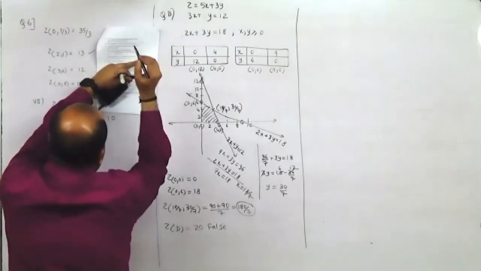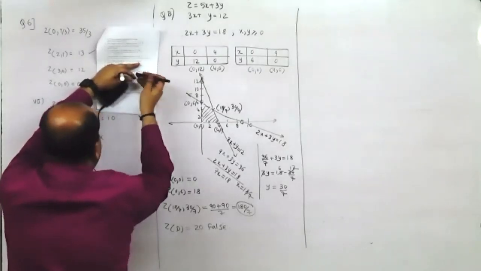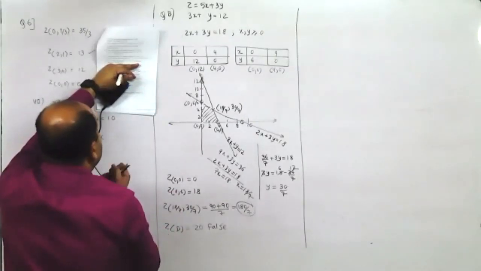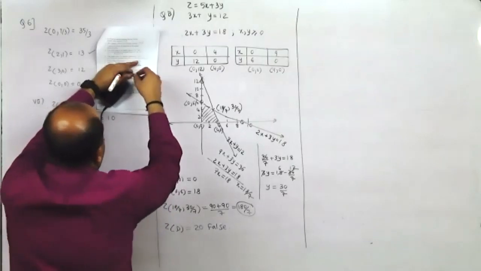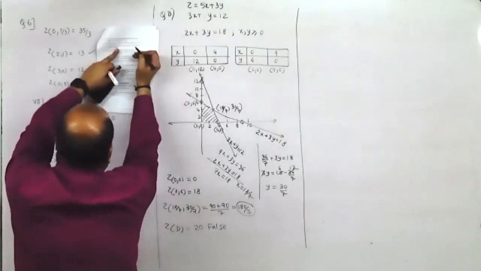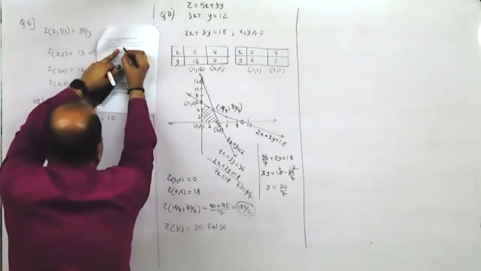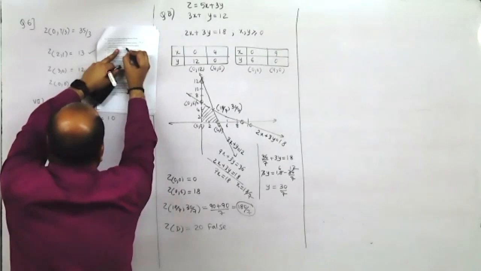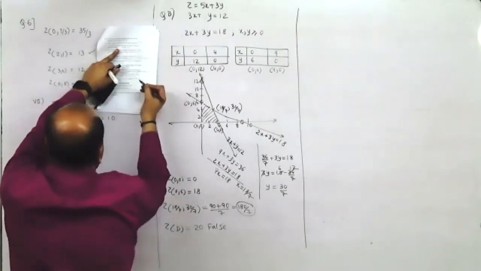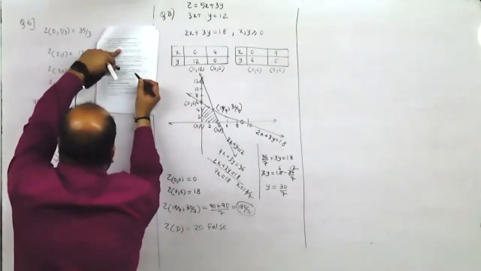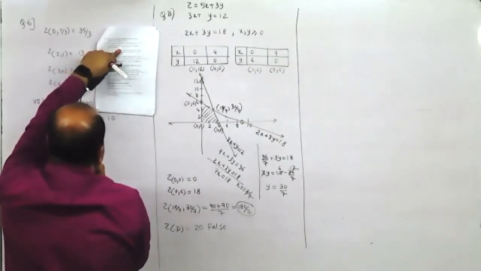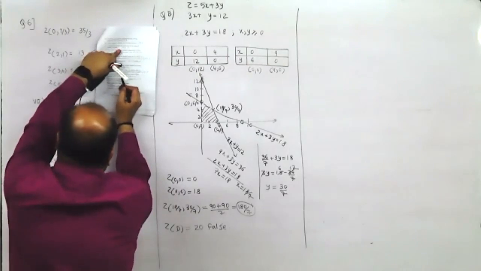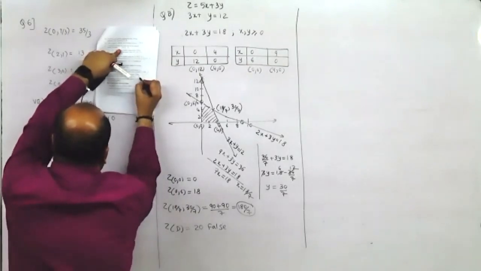Yes. So even here, a convex set includes the point, but not the segment. Actually speaking, it includes the segment also. But yes, we consider maxima and minima only at the vertex. So here, "but not the segment" is false, but they have given it as true, I guess. And the point (6, 4) does not belong to the feasible region. So we can check: 8 sixes are 48 plus 20 is greater than, so it does not belong. So it is true.